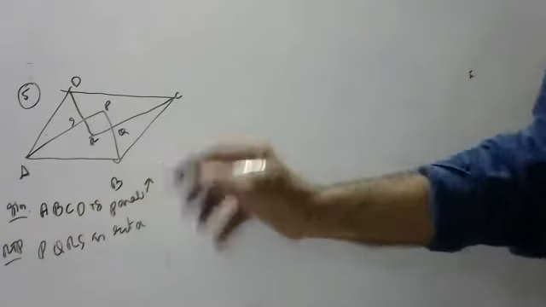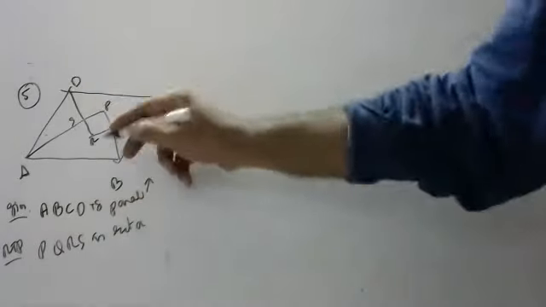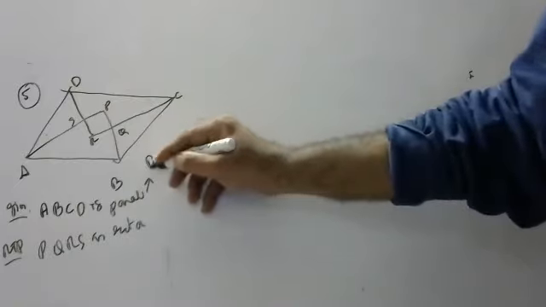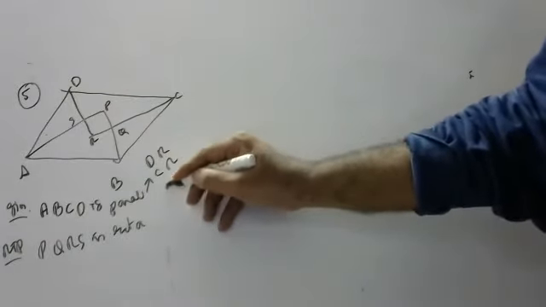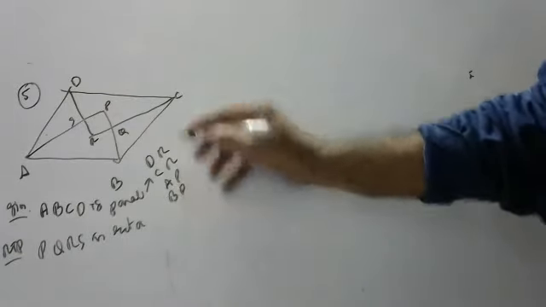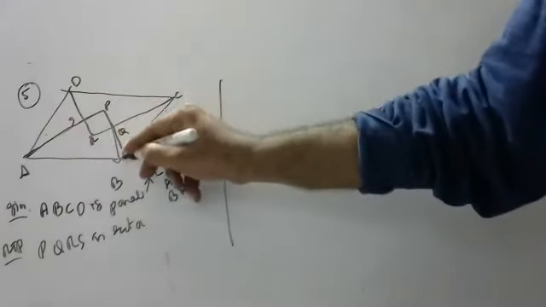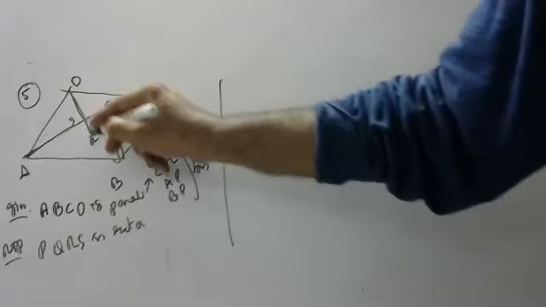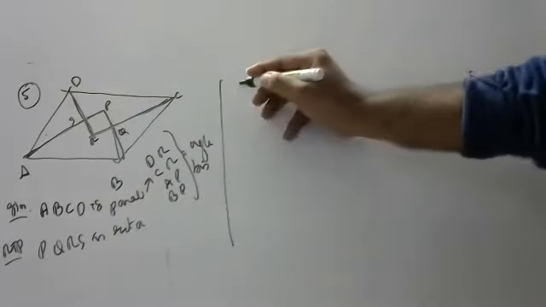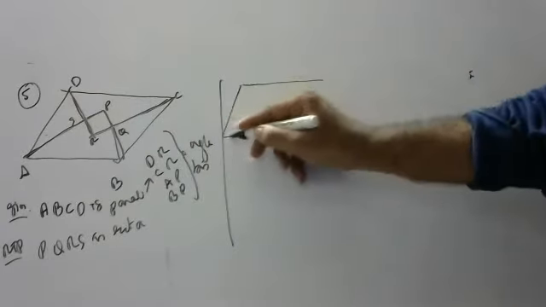Anything else is given? Yes. He said that all are angle bisectors. Who are the angle bisectors? DR, CR, AP, BP. All are angle bisectors. This is an angle bisector, this is an angle bisector, this is also an angle bisector. The original figure I don't want to change. I will draw another figure here by changing the things.